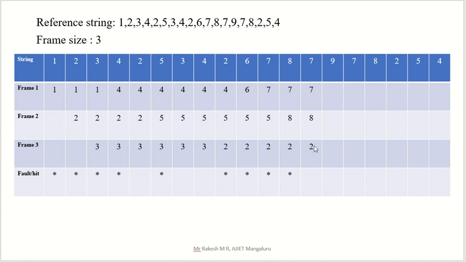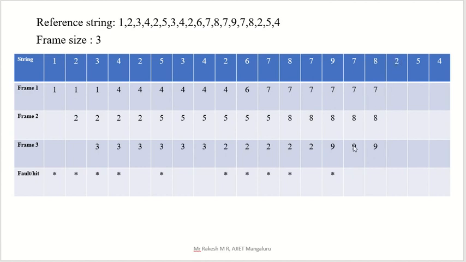Then 9, is there any 9 entry? The 9 entry is not there. So 7, 8, 2: 7 is there, 8 is there, 2 is there. Out of those 3, the last one is 2, right? So replace this 2 with 9. Then 7, 8, 9. Asking is 7, so keep it as it is, that is a page hit. Then 8 is asked, 8 is there, also a page hit. Then 2 is not there, so we have to replace any one of these 3, because the CPU is asking 2.